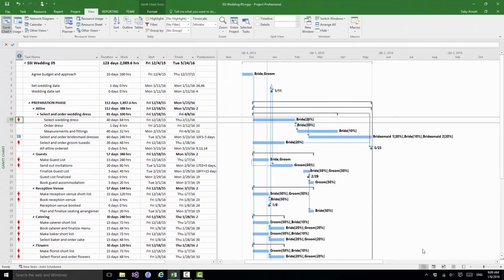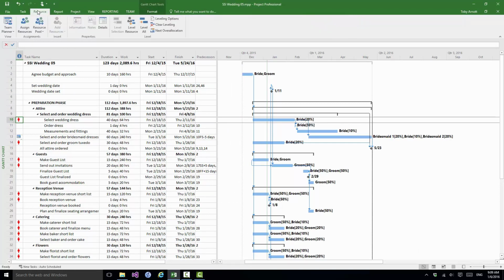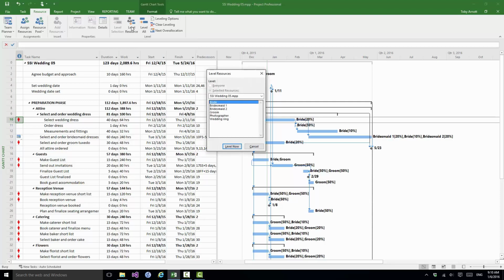So I'm back in regular Gantt chart view, and I go to the Resource tab, and in that Level group that we saw just now, there are two buttons there. There's Level Resource and Level All. Level Resource gives me the ability to level one or more selected resources. So if all I wanted to do was to level the bride and make sure that she's not over allocated, I can select one resource and click on Level Now. And Project 2016 will try to level the bride over the project so that she's not over allocated at any